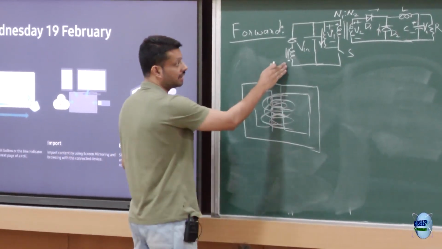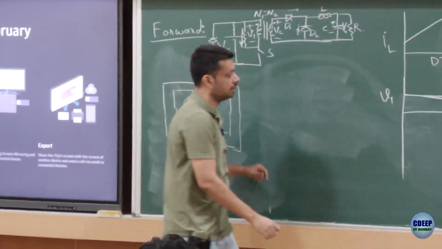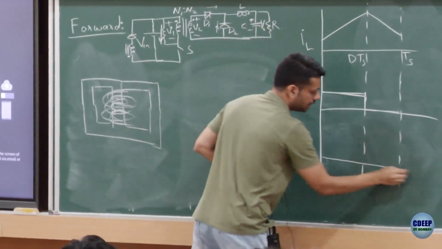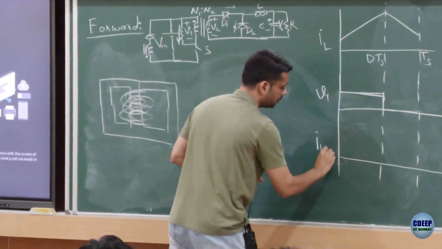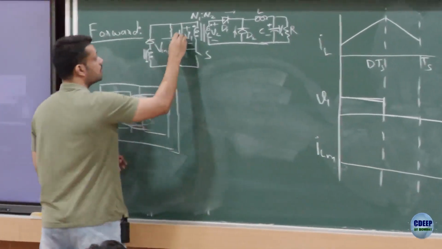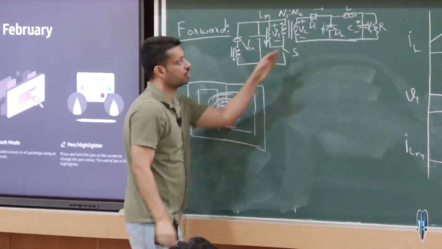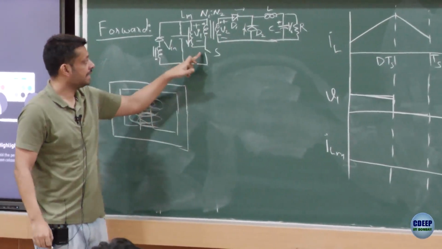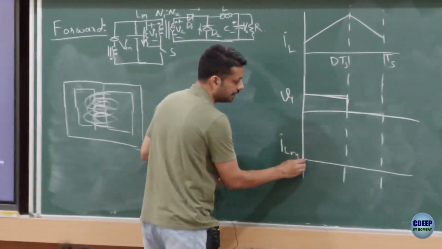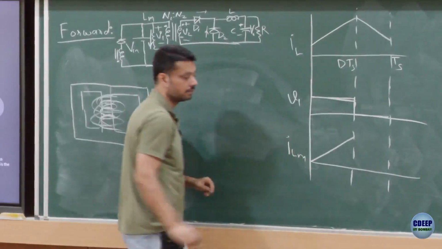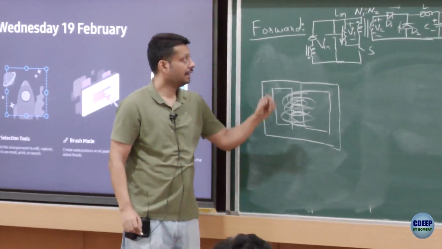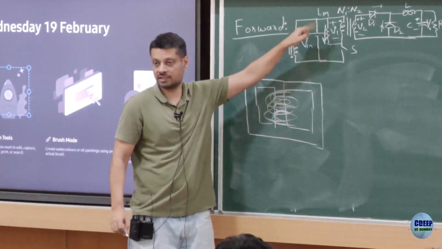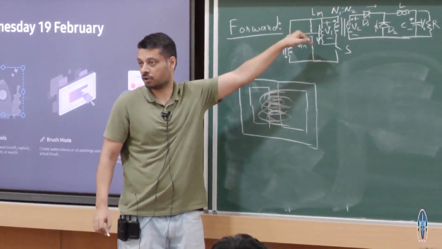Once you have this third winding, then this is what happens. So this is the inductor current IL. I am also drawing the current ILM, which is the magnetizing inductance current, this one here, LM, right? So these are 2 separate inductors. Now I will also draw LM. When S is on, ILM will increase, right? If S is off and if you don't have this winding, then this will just suddenly fall to 0.